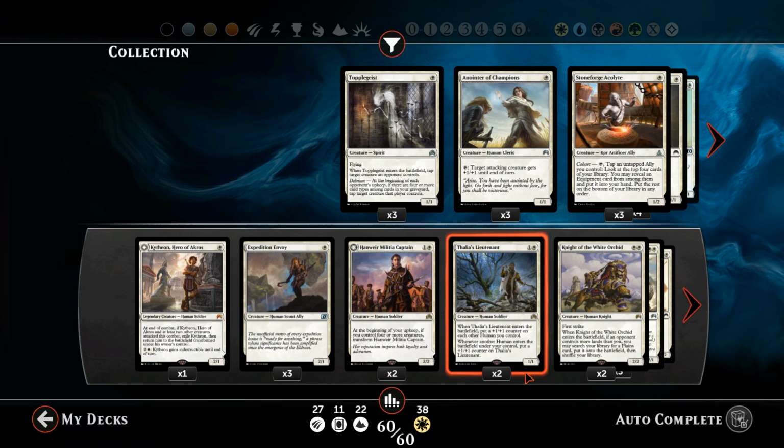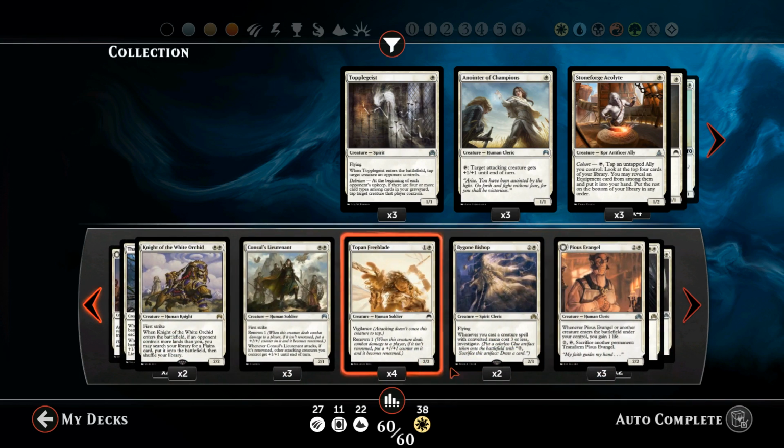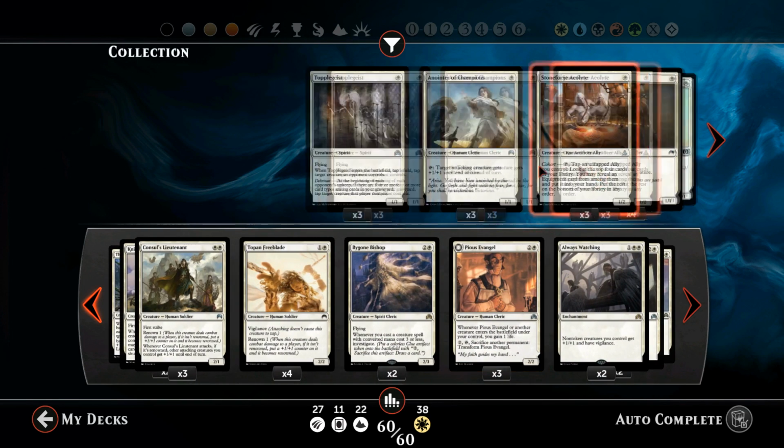So for today's episode, we're back with the mono-white humans. Made a few changes to the deck, the main thing being that we've added in the 4 copies of Topan Freeblade, or Topan Freeblade, depending on how you want to pronounce that. In that case, adding in all 4 copies of that, we have taken out the 2 copies of Dauntless Cathar,